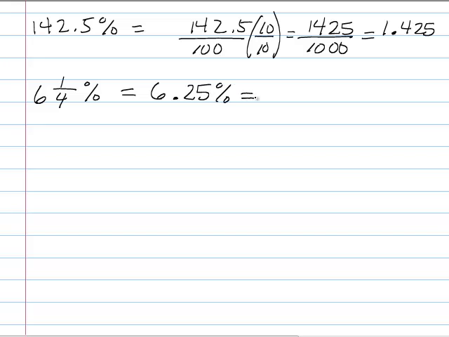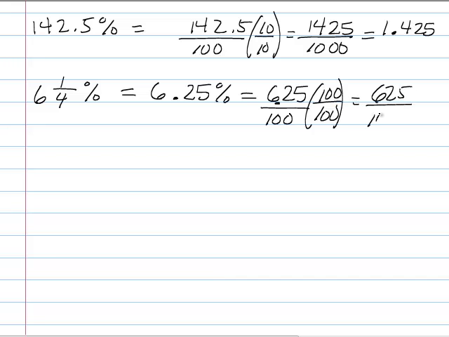And again, we remove the percent sign, 6.25 over 100, because the per 100, and then we can see we multiply both by 100 over 100 to eliminate the decimal in our numerator, 100 over 100, and that gives me